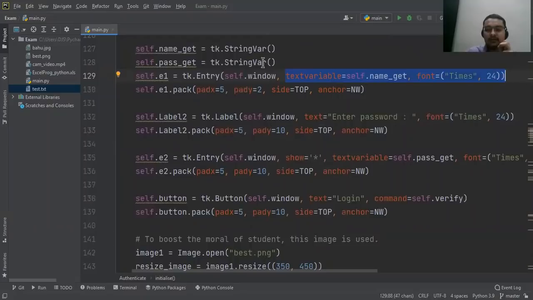Because it's a class object, I have used self to point at that particular object, and the name of the variable being name underscore get, which is pretty obvious. At the end, I have a button which is meant to say login, which clearly means that if I have typed the username and password, I can log in.